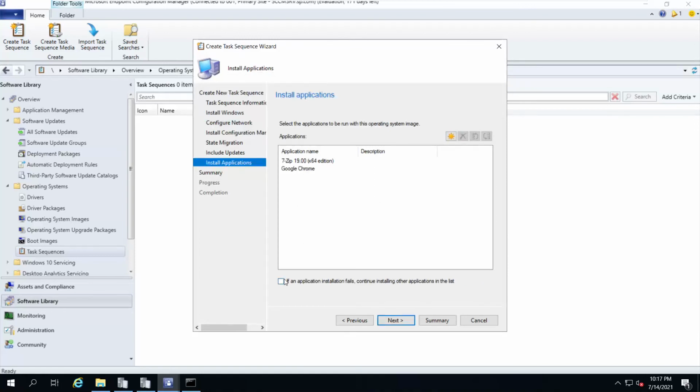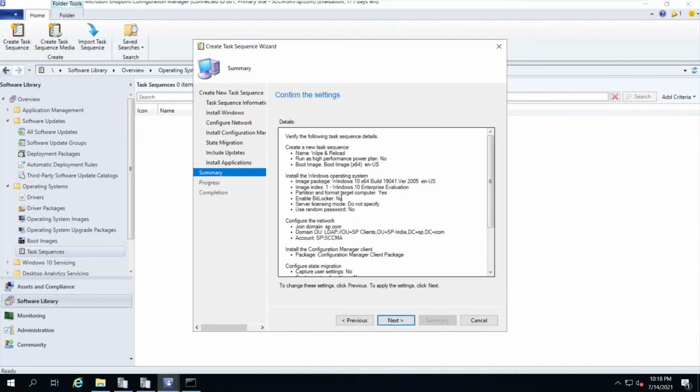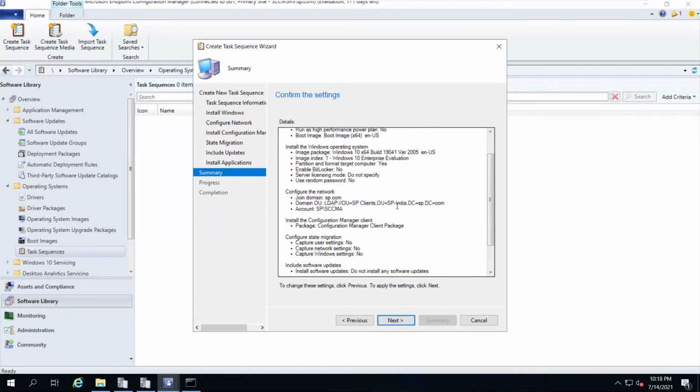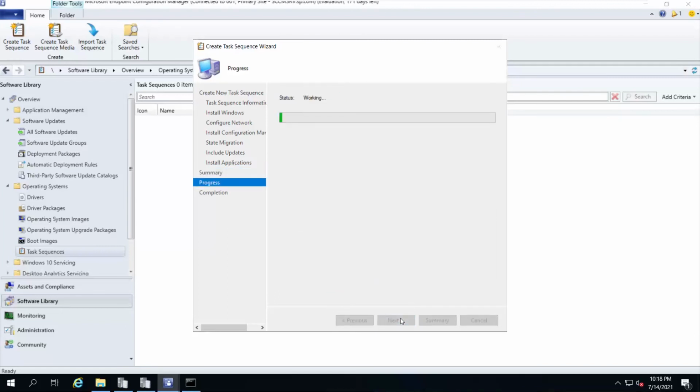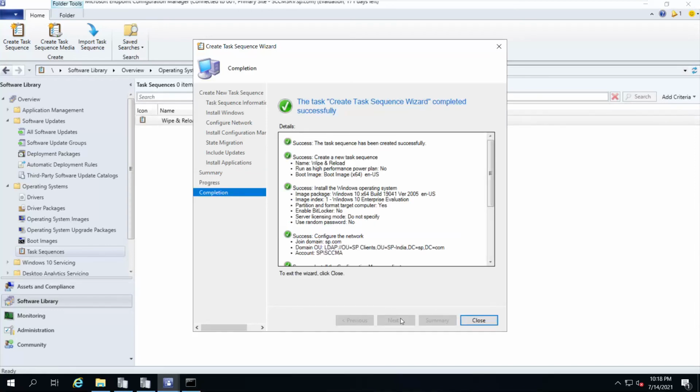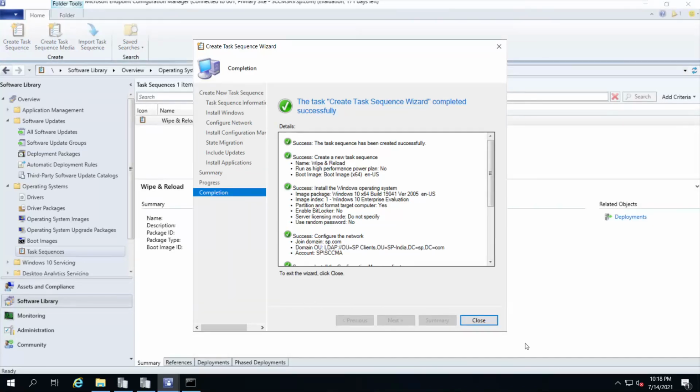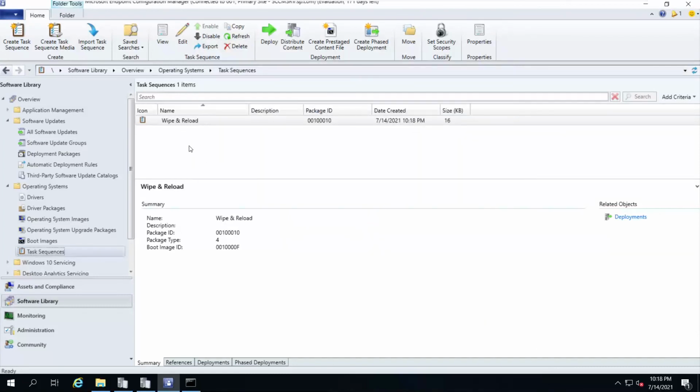I have selected two applications and I'll select if an app fails installation, continue installing other apps. And this is the summary of what we have selected. We'll move next. And we'll click close. So a task sequence is created.